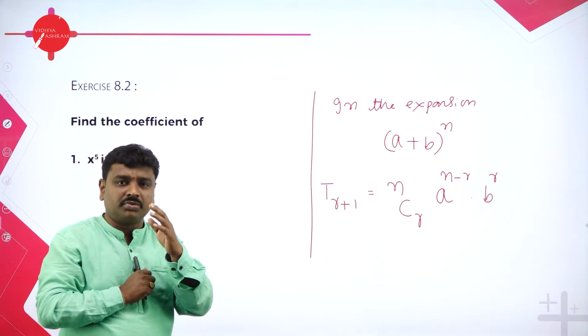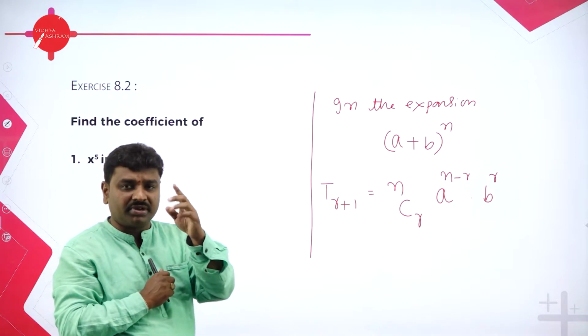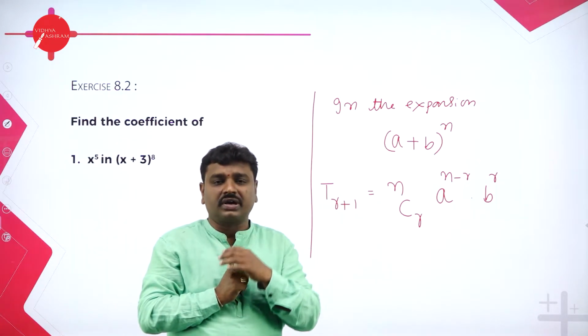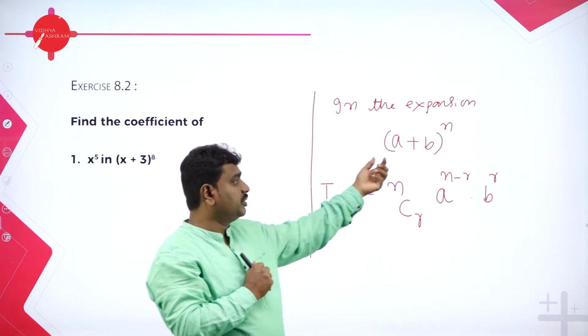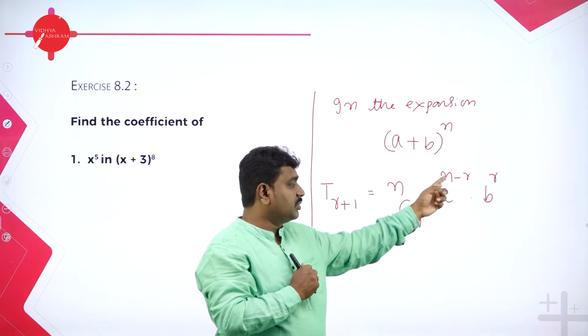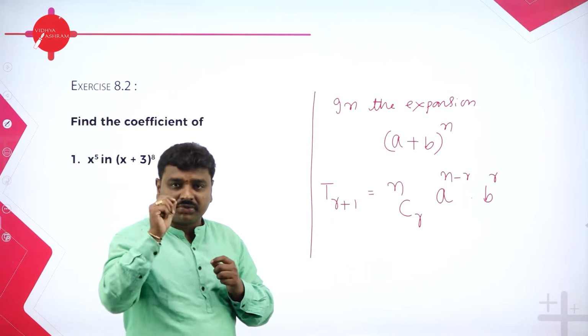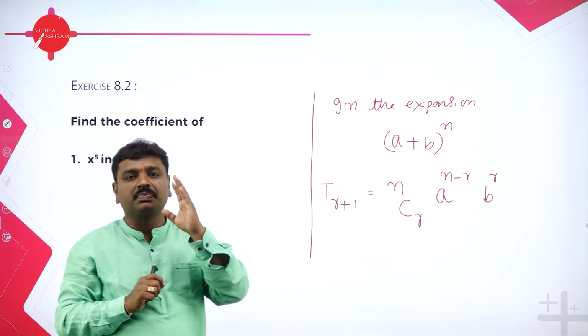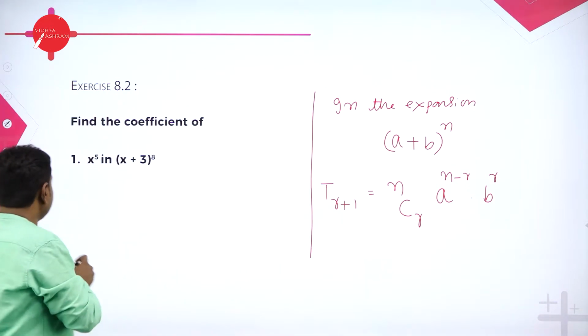What is the general term? T(r+1) is nCr first term power n minus r into second term power r. T(r+1), if it is a plus b power n, then nCr a power n minus r b power r. Please become thorough with this. Then the problems become simpler and easier. Now,